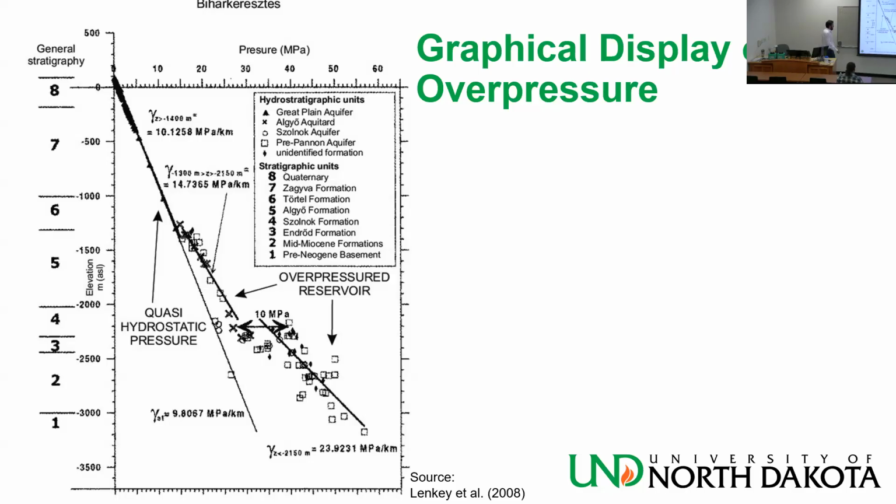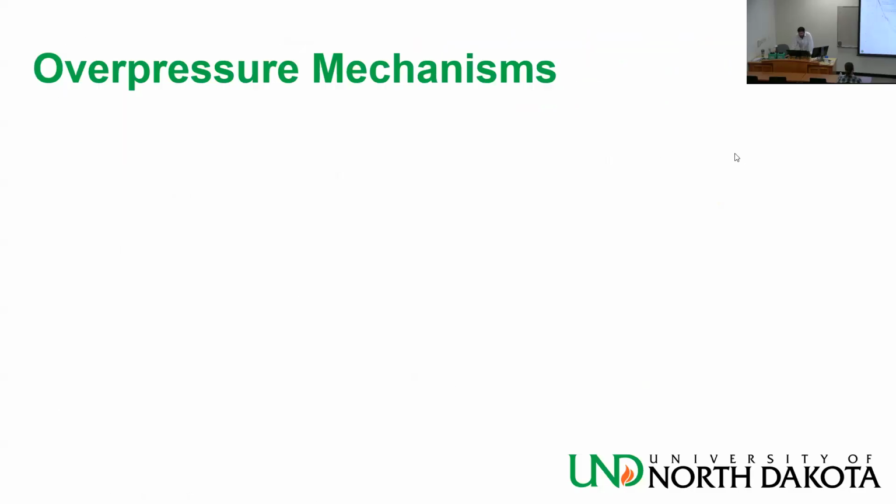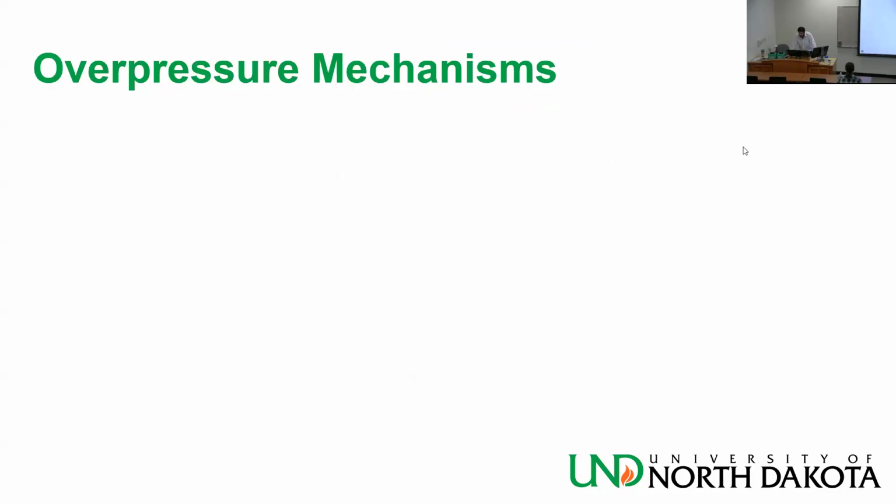Now, this is an assumption that you should not make. If you have a reservoir at a depth so-and-so, don't assume a hydrostatic pressure gradient and say, I don't have any indication of the pressure, so I do 0.433 times depth. That would be a very bad assumption to make. Okay. Pressure traverse plots we talked about. That's what you see on the left, and you built some in your homework 1.